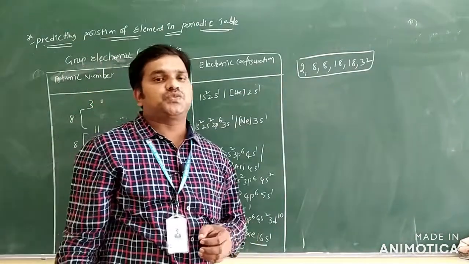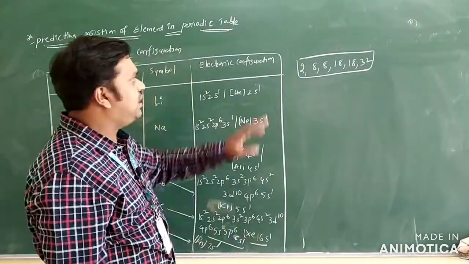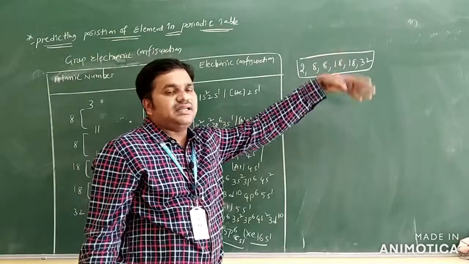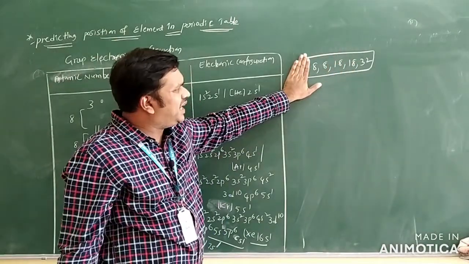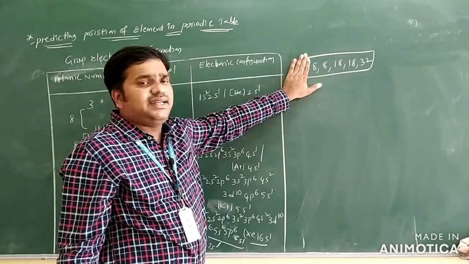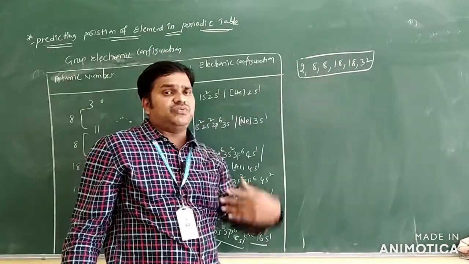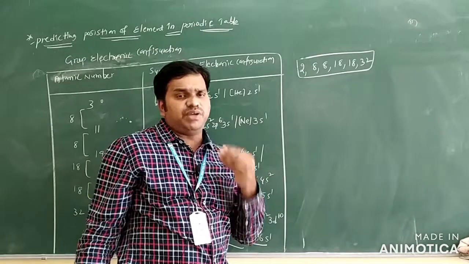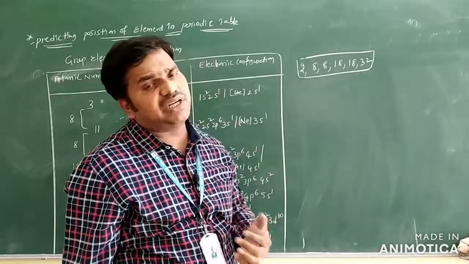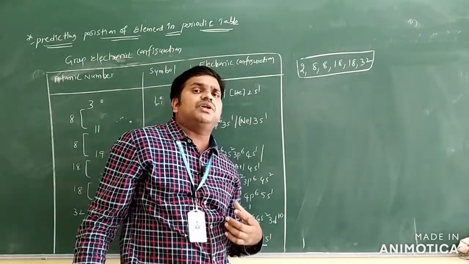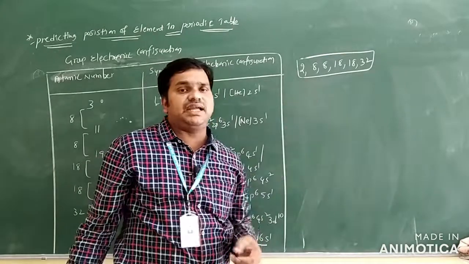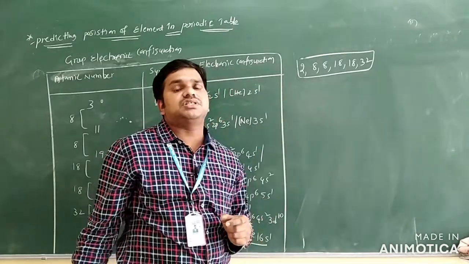In a group you have to take the difference: 2, 8, 8, 18, 18 and 32. If you leave the 2, the remaining 8, 8, 18, 18, 32 are repeated at regular intervals. You can add any of these to an atomic number. If you don't know the atomic number of the middle element of that group, you can add these numbers, and you will get all the atomic numbers in that group.